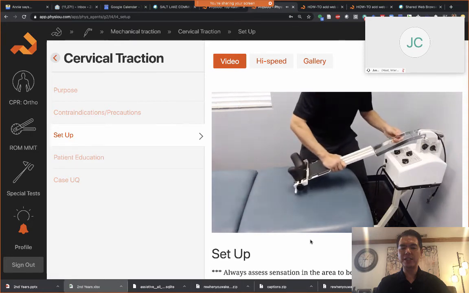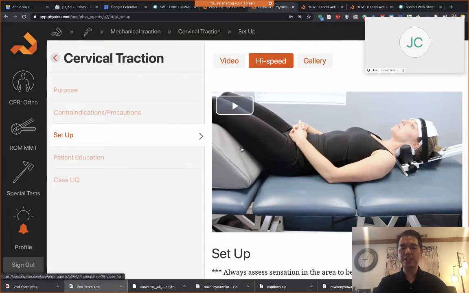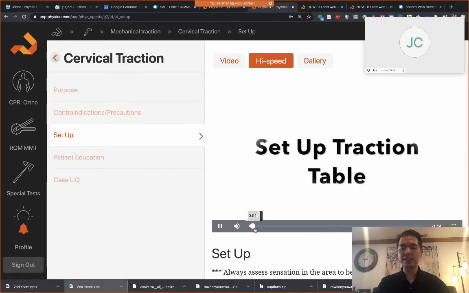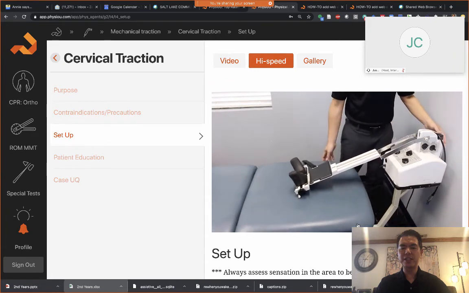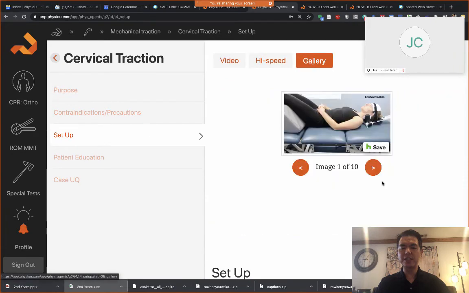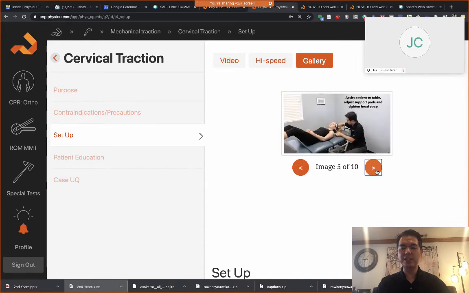Attach the cervical traction unit to the main device. So think about this. Before you go to lab, you can already preview the video and prepare your mind for lab. When you get to lab, you can switch to the high-speed video and watch the review of the entire video, but it's silent and it's quick. Or you can use the gallery and clip through the pictures just so that you can actually get busy using the device. It will make your learning in lab so much more efficient.